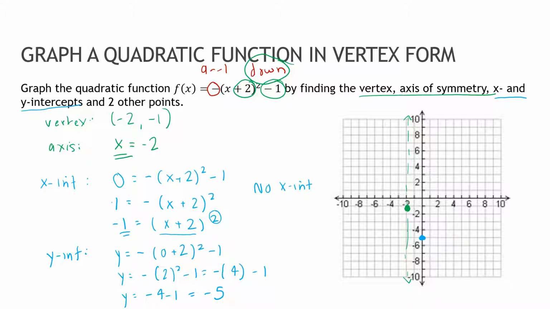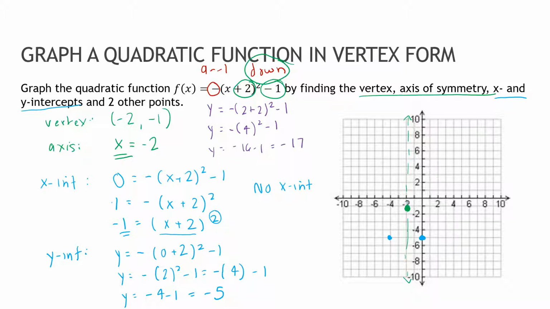Now I'm going to use my axis of symmetry to pop this over to the other side. So notice this was 2 away. I went 2 away to the other side. Now I only have 3 points, so I might actually want to have 5 points. That's pretty typical. So I'm just going to choose 2. I'm going to choose an x value of 2. So I'm going to say y equals -(2 plus 2) squared minus 1, which is negative, that's 4 squared minus 1. And it looks like I went too far, because this is going to be -16 minus 1, or -17,